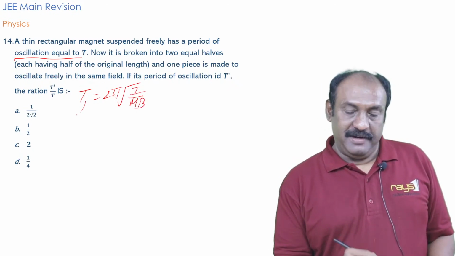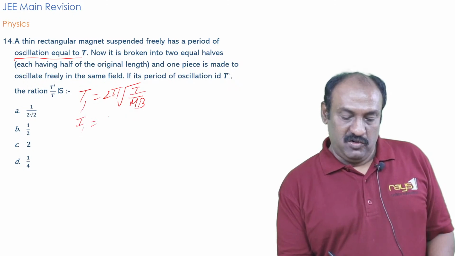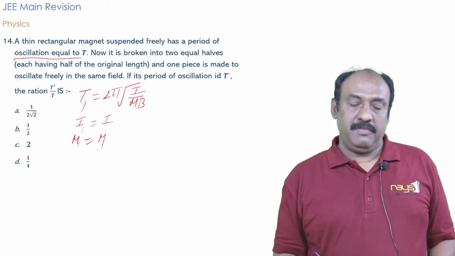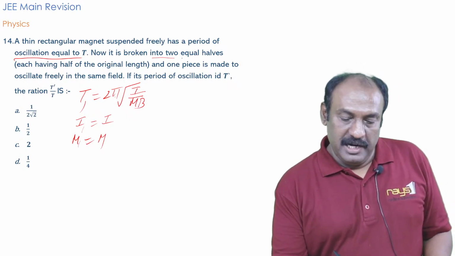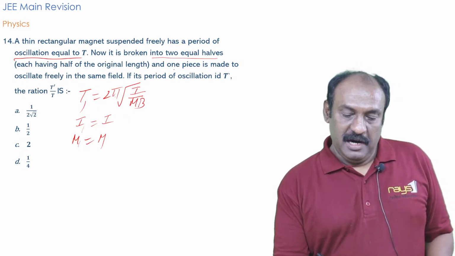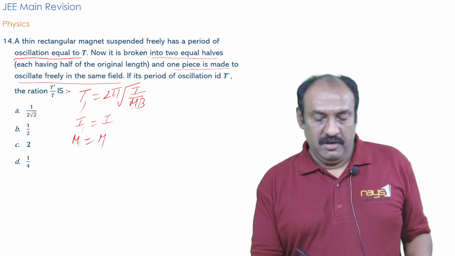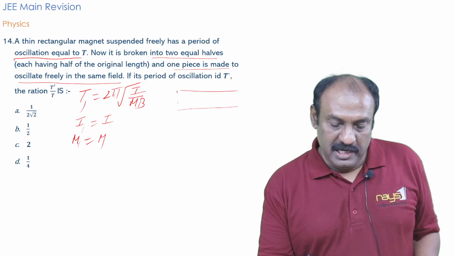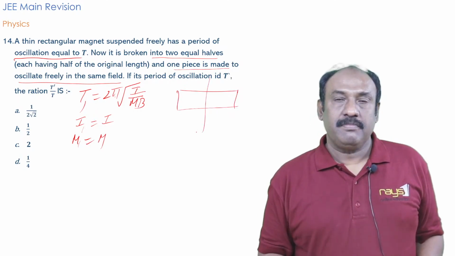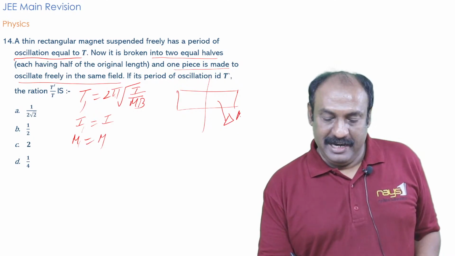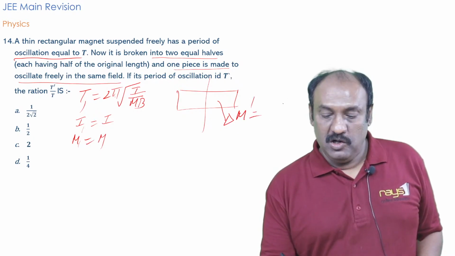So it is T1, where I1 is equal to I and M1 is equal to M. Now it is broken into two equal halves and one piece is made to oscillate freely in the same field. So when the magnet is broken into two equal halves, for one piece, what is the magnetic moment? M dash is equal to